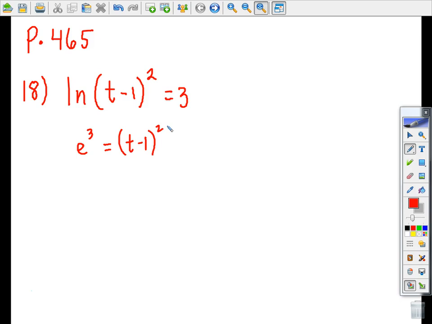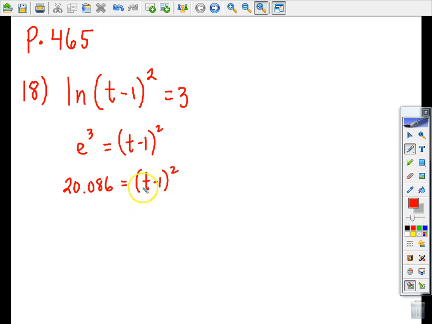Okay, so at this point, if you want to grab your calculator, you're going to find out what e to the third power is, and I'm going to do the same thing. Raise e to the third power, and that should be 20 point, we'll just go ahead and round it to 3 decimal places, 20.086. All right, and now at this point, remember, we need to do the square root of both sides, and what